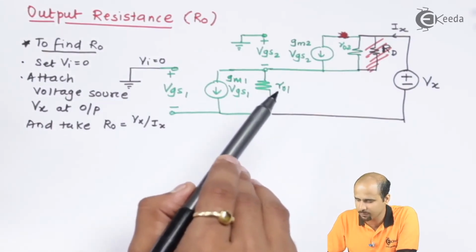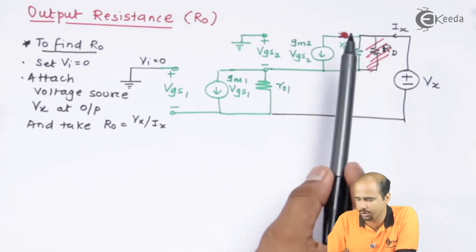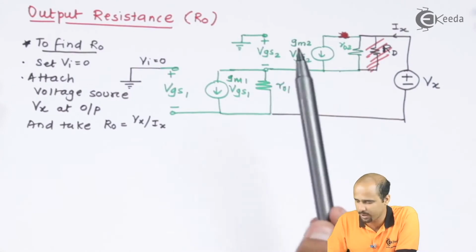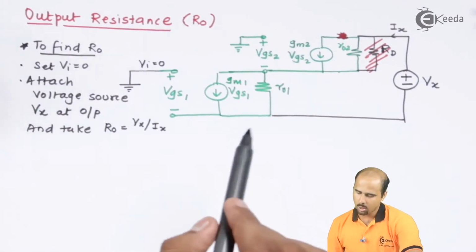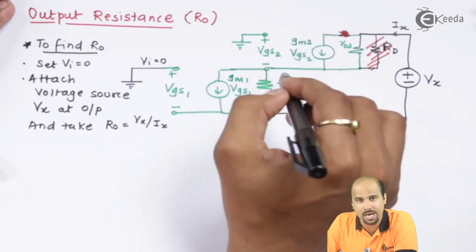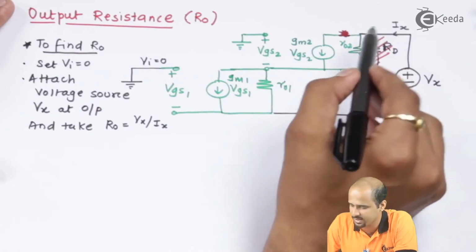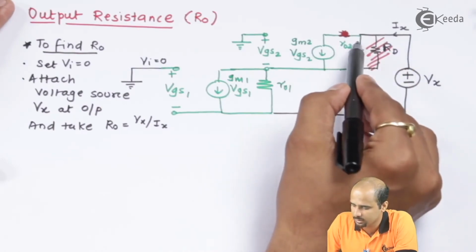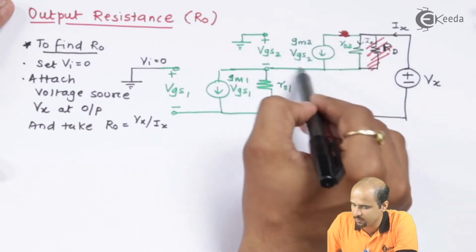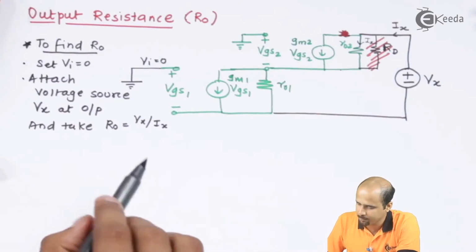Now we'll have to say what will be the relation between this current which is flowing to RO2 and this current which is flowing through RO1, right? Let's plan it out how we will get it, right? So let's see to it that suppose I'm saying that the current which is flowing through Rx, Ix, is nothing but the one current which is flowing through this, right, and one current is flowing through GM2 VGS2, that is nothing but the current source itself, right.